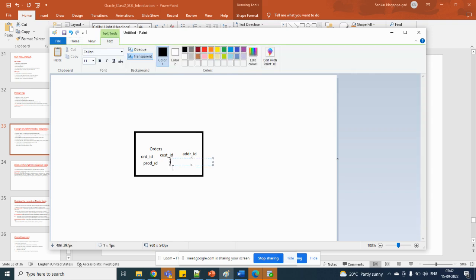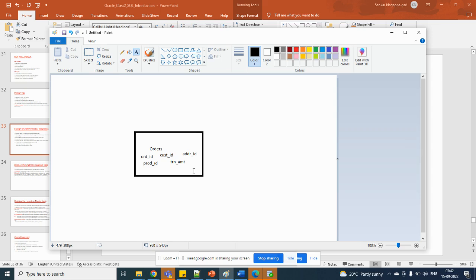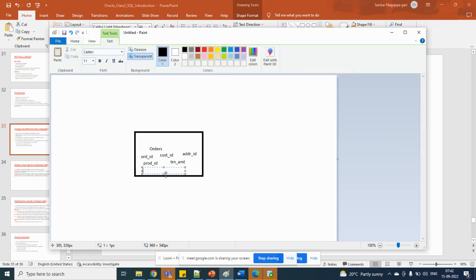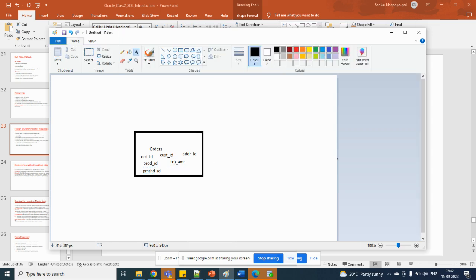Okay. So what are all the possibilities? Transaction amount, the total transaction amount, right? How about your payment method also? Okay, here the payment method we can save in a different table. Payment method ID. Okay, we are considering this one. This is finally the transaction amount for the particular order. Like this the order table will be there. Okay, now